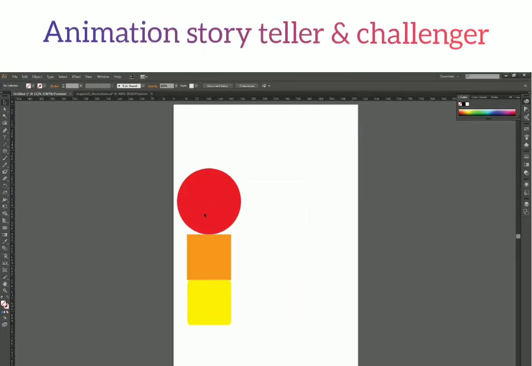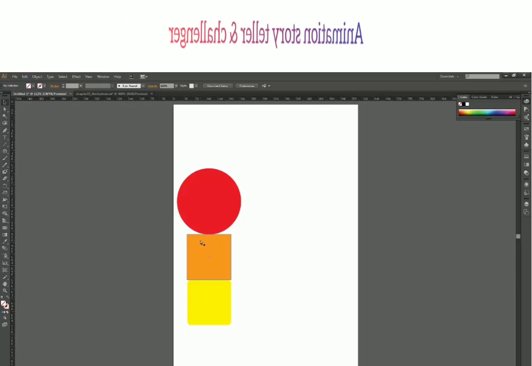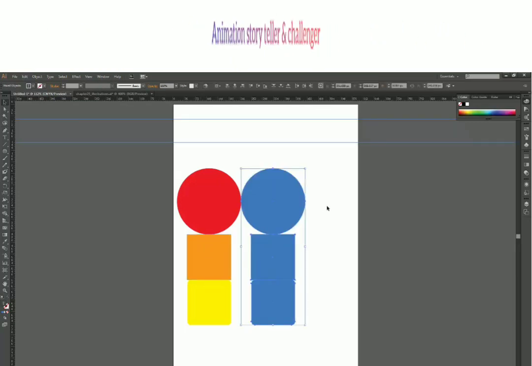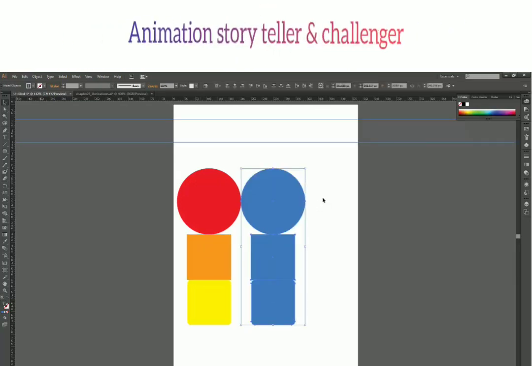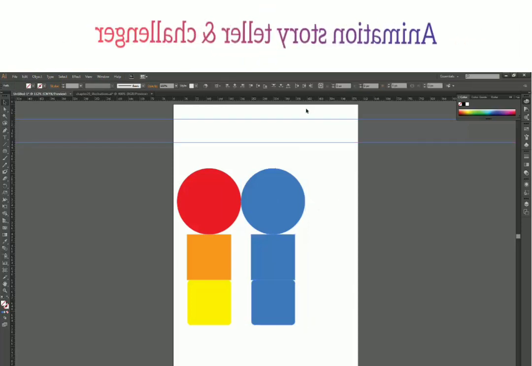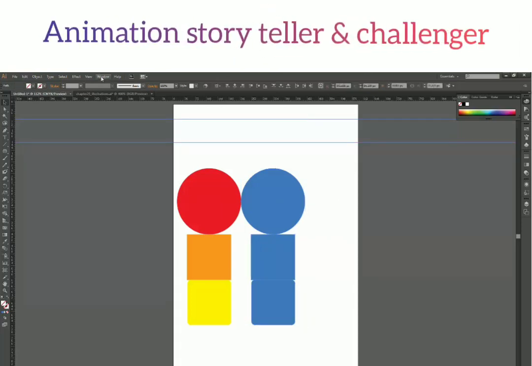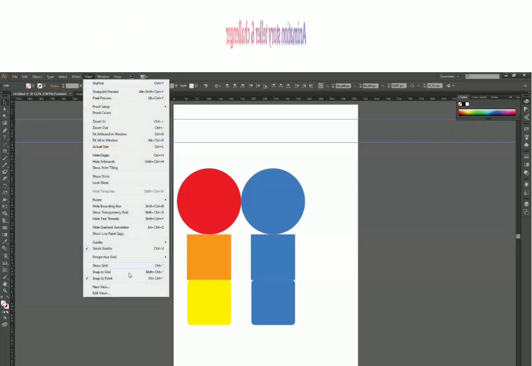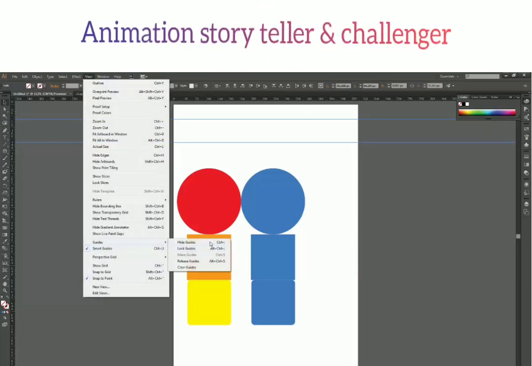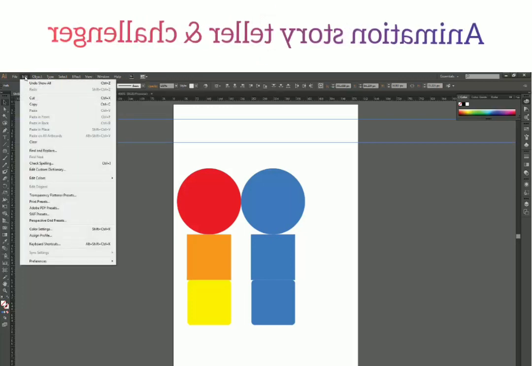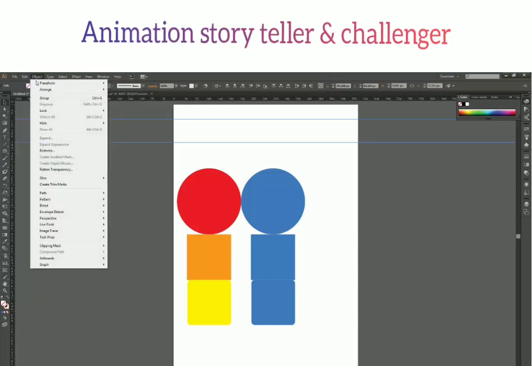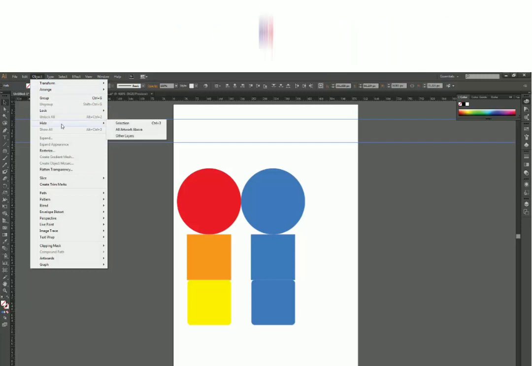And if you want to unhide your guides, you can press Control Alt 3 again to unhide all of them. So even for guides, you have two ways to hide and unhide them. Either go to View, Guides and say Hide Guides, or you can go to Edit, Object and Hide.